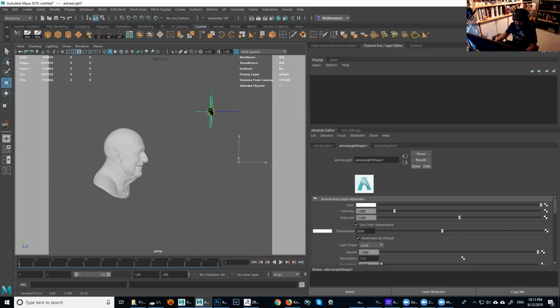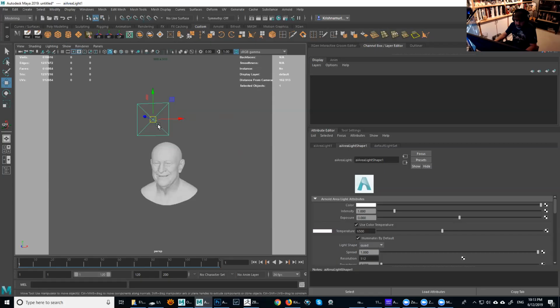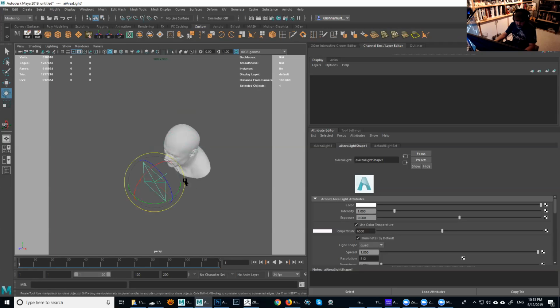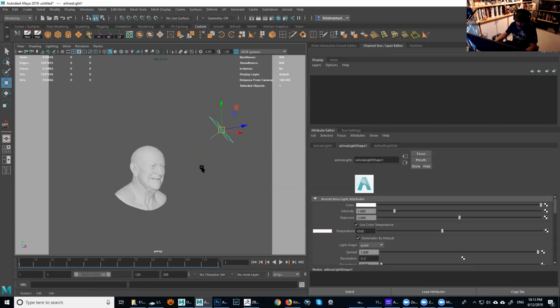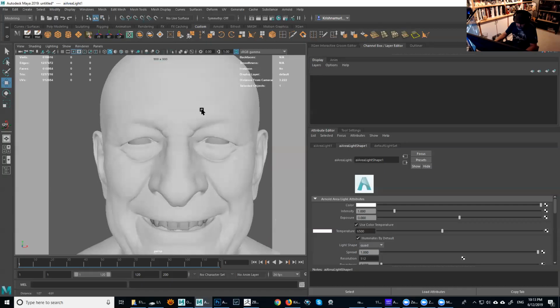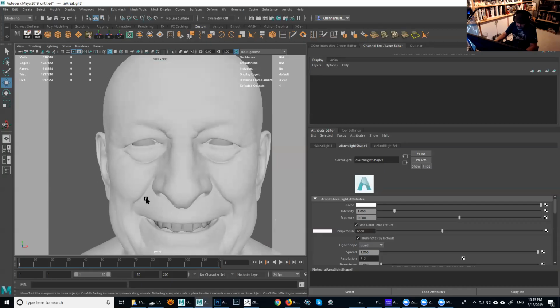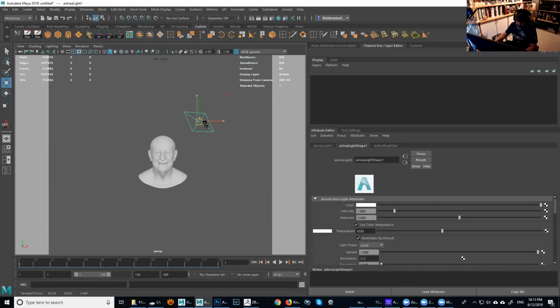I'm just going to put it on top to get some shadows under his brows and the nose. And I'm going to try to do that light that's a little bit more on the 45 degree to create that little Rembrandt kind of render, right? That's the Rembrandt effect, that little triangle of light that you get under one of the eyes, right? Rembrandt would do that in his paintings.